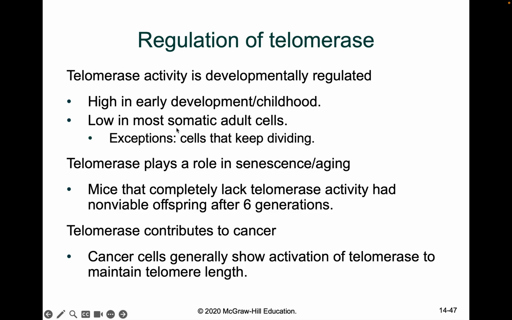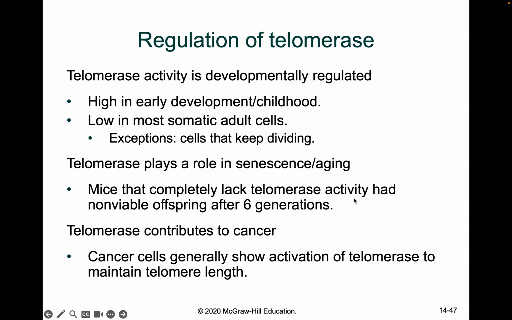Then later on, during adulthood, it starts to decrease. You start having a low amount of telomerase activity, specifically in somatic adult cells, in cells that do not replicate. In other cells that keep dividing a lot, for example your immune cells that replicate quite constantly, it is actually there. So you have some exceptions, but most of the somatic adult cells have a very low telomerase